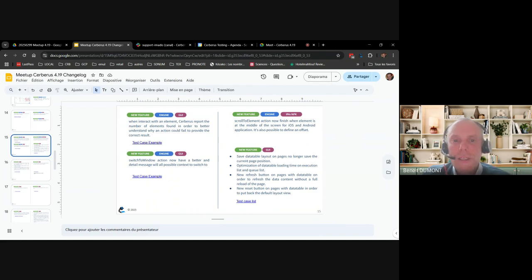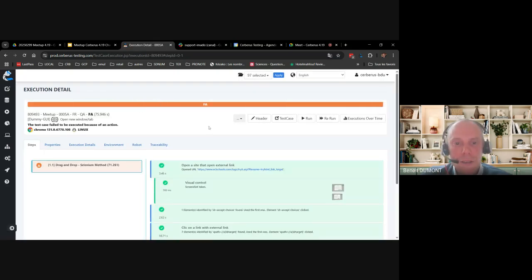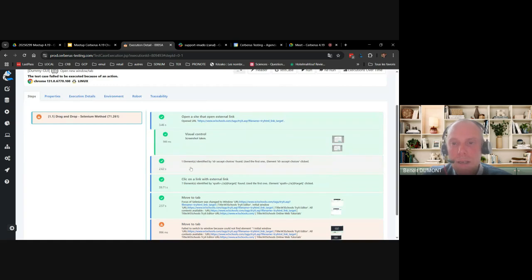Next feature, still on the engine. We also improved the messages when we interact with an element. Here is a small example to illustrate. Now when you interact with an element, Cerberus will tell you how many elements it detected with the XPath that you provided.